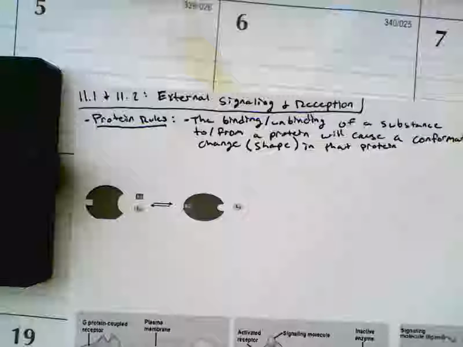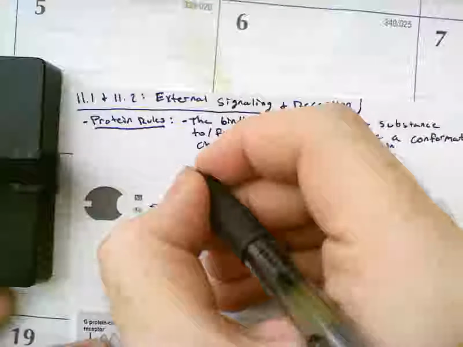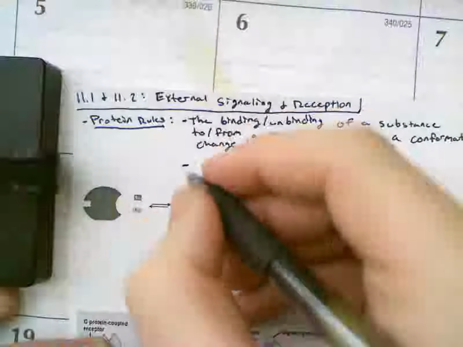The idea that if you bind something to that allosteric site, it can cause the shape of the protein to change, or it can cause the active site to no longer receive whatever the substrate is. Same idea. If you bind a ligand or any kind of receptor to a protein, that protein is going to change its shape. And that is important because rule number 2,